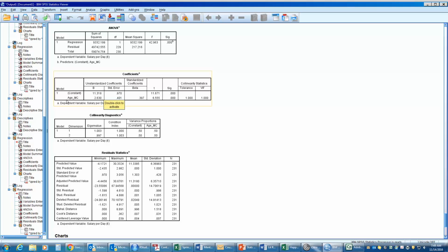One extra year in terms of age affects the model by 2.63. So the salary will increase by 2.63. So if